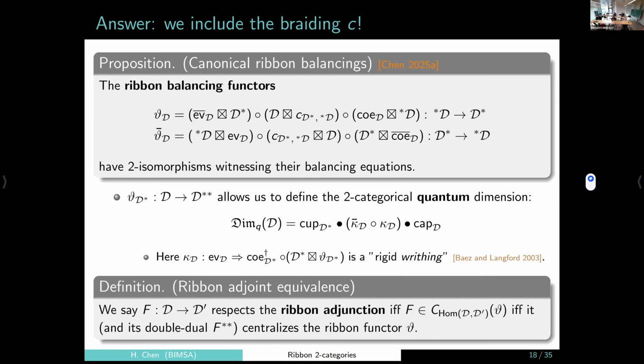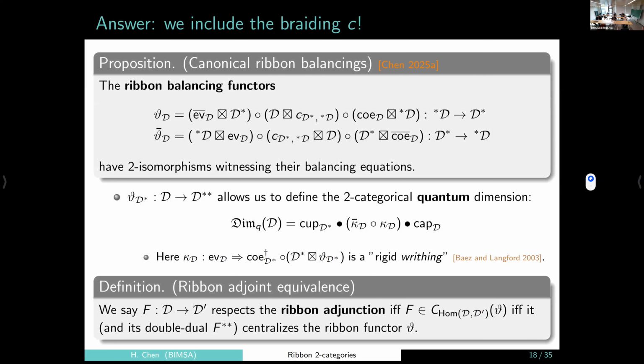You can do it in two different ways, which is kind of strange, right? But we'll see how they're related later. Let's say I pick this one to be the canonical one. And one thing I should say is that you can also prove that you have balancing equations, which is the coherence condition between this functor on the tensor